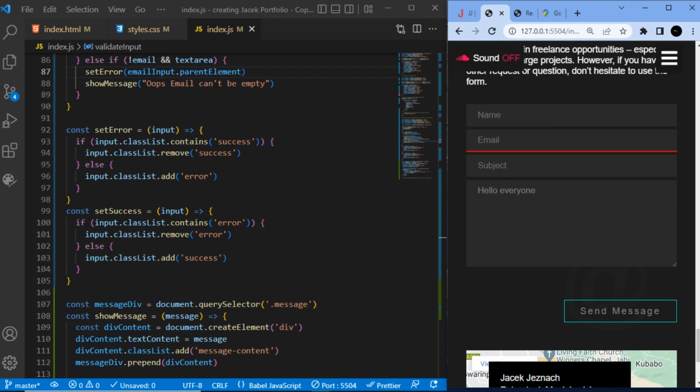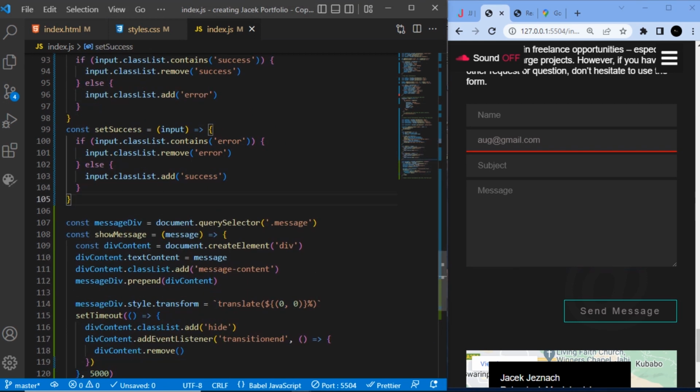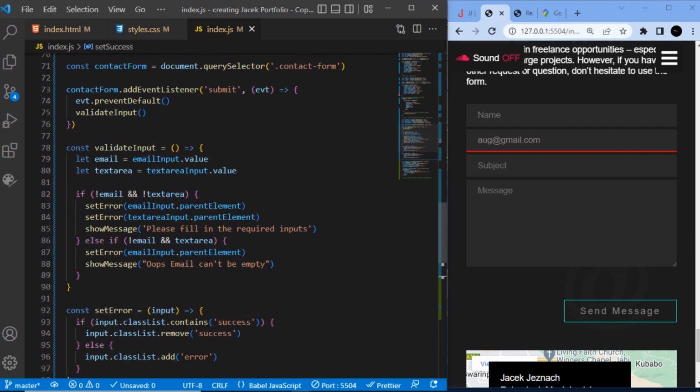Now we've checked for the text area, and now we have to check for the email as well. What if the user inputs an email address at gmail.com without providing the text input? So we want to validate that as well. So what we have to do now is to go to our validate input and check if, or let's say, else if